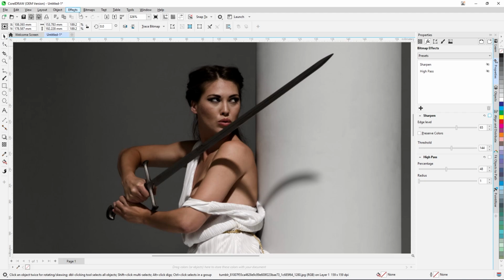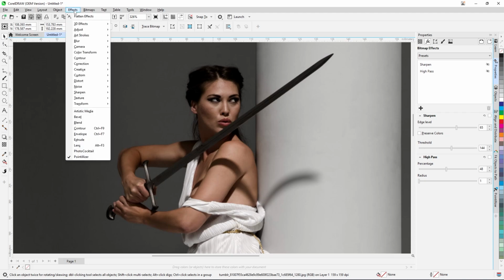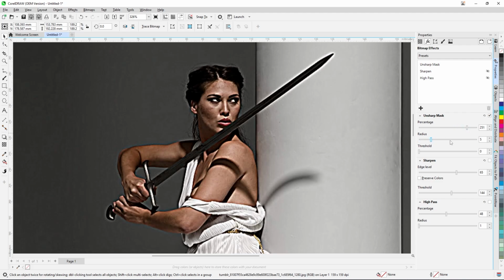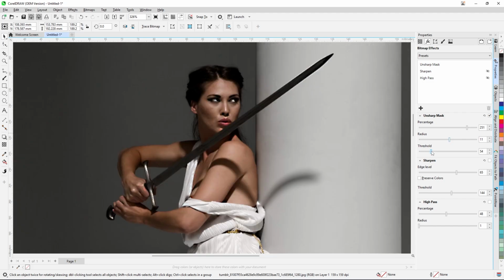Yes, next come to effects again, unsharp mask. So this is unsharp mask. Okay, so these are all the radius, you can increase and decrease. So it is giving some kind of glow, and even you can add the threshold also, right? So uncheck this one,